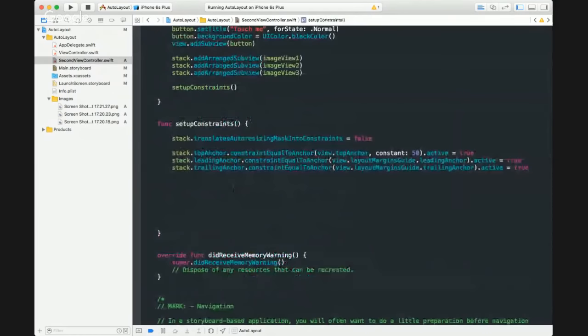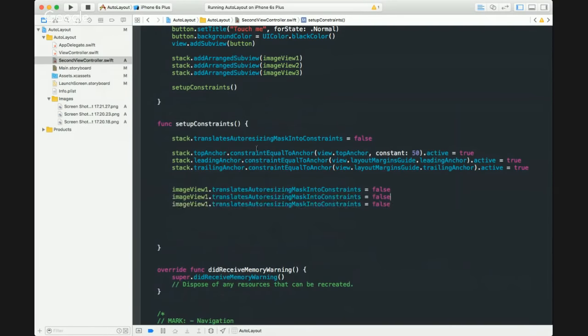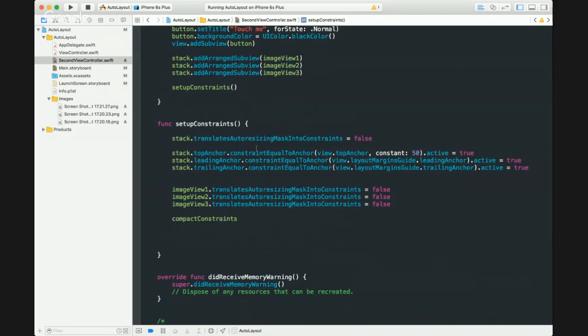And this will, of course, deal with our image views. And as I already told you, we have to deactivate this translates autoresizing mask into constraints. So let's use image view 1 and translatesAutoresizingMask and so on. And let's set this to false, copy it 2 times, and change the name here. And now let's start with the compact constraints. We'll use the compact constraints array and just append new